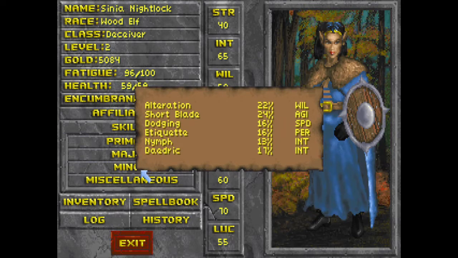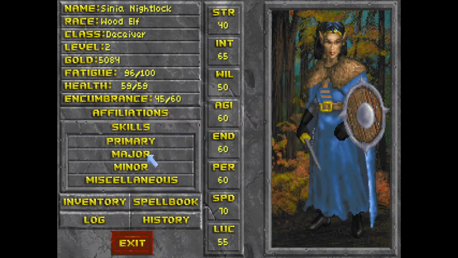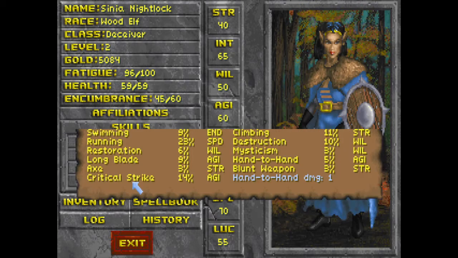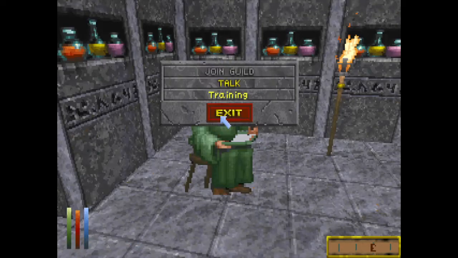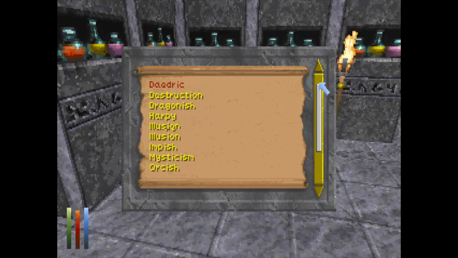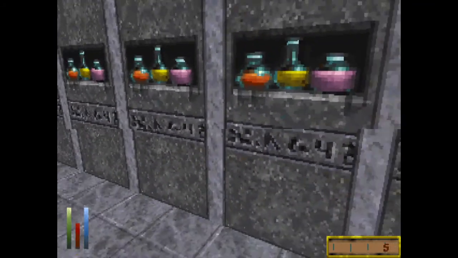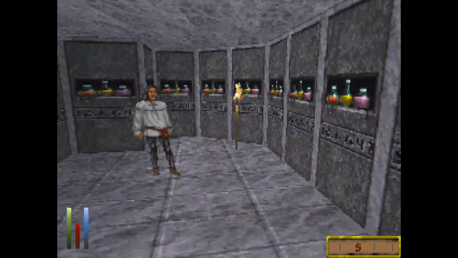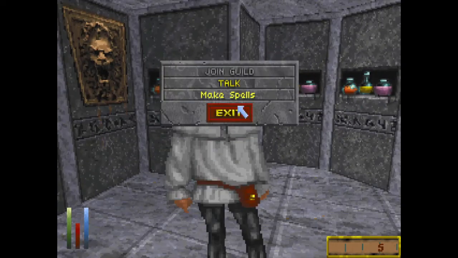Etiquette, Daedric, Nymph, dodging, blah blah blah, alteration, illusion, mercantile, backstabbing, stealth. Well, I'm gonna be doing kind of cheesy training spells anyway, so besides the RP reason, training kind of sucks anyway, so I think I'll just go with Daedric again. And good luck training that outside of this anyway, even if it doesn't really do anything good. Maybe I forget how the pacification formula works in DOS. Anyway,